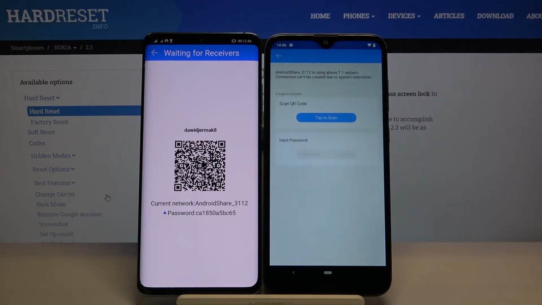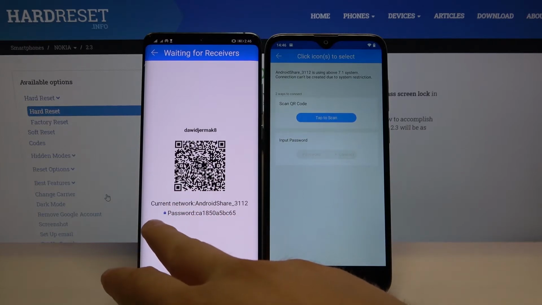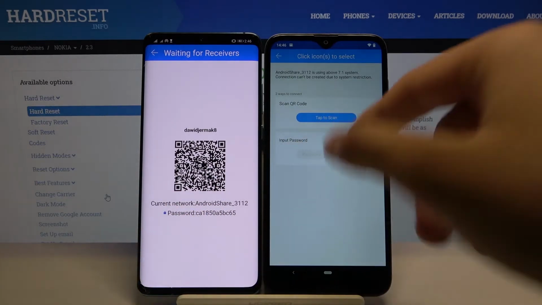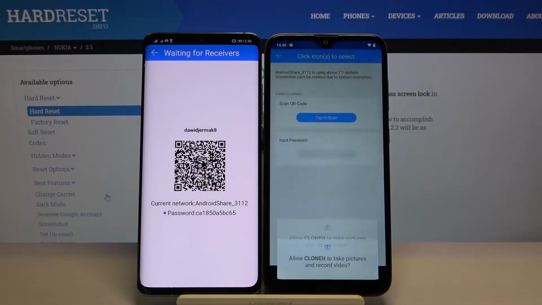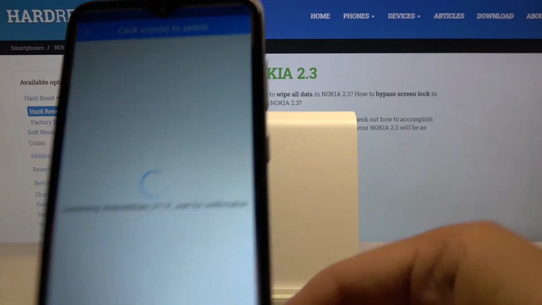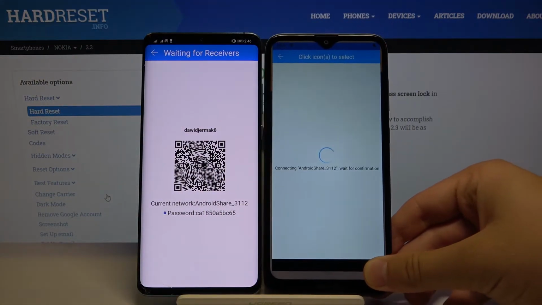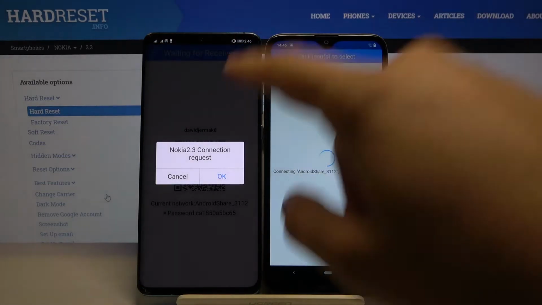So click on this Android share icon and currently we got two ways to connect. We can scan this QR code, but also we can input this password manually right here. So just pick your way. I'm going to scan the code. Accept the request,